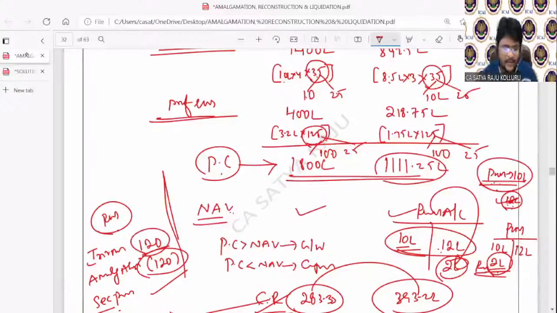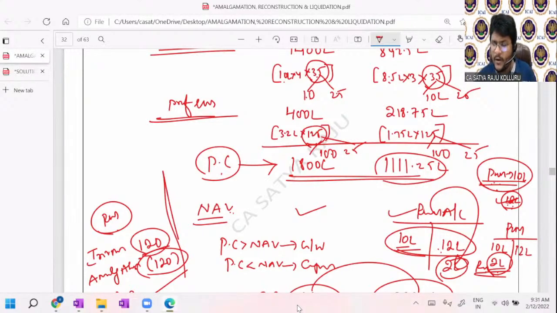Hope you understand. Okay, guys. Hope all of your major doubts I clarified. So I successfully completed the chapter amalgamation. From the next lecture onwards, we are going to enter internal reconstruction. I already threw some light, a very basic part, regarding internal reconstruction. We already discussed it as an intro part to amalgamation. In detail explanation, we are going to discuss from the next lecture onwards.